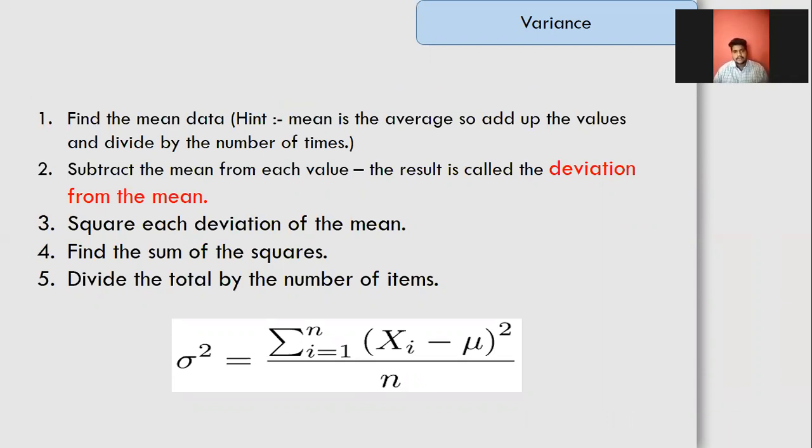Subtract the mean from each value. The result is called the deviation from the mean. Square each deviation from the mean. Find the sum of the squared deviations. Divide the total by the number of items. So